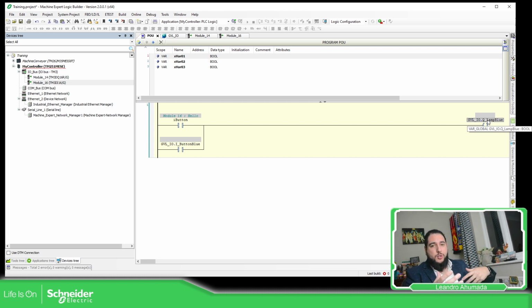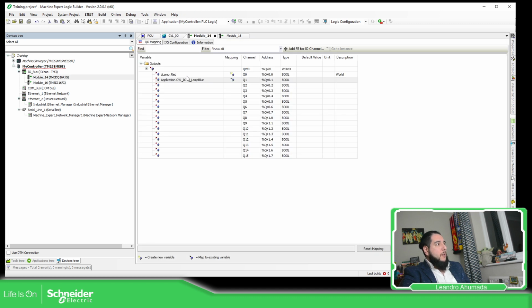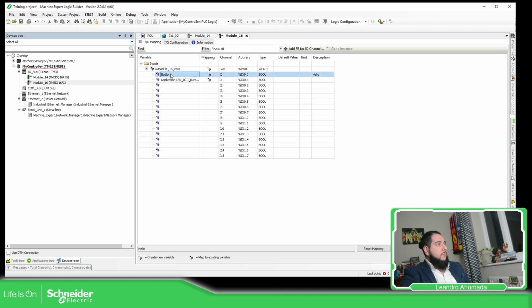So in the future you can just easily change the TM3, okay, and the logic in your program is going to be static,